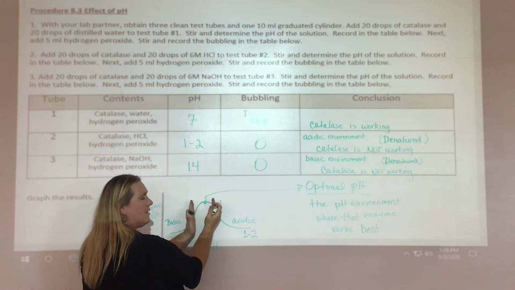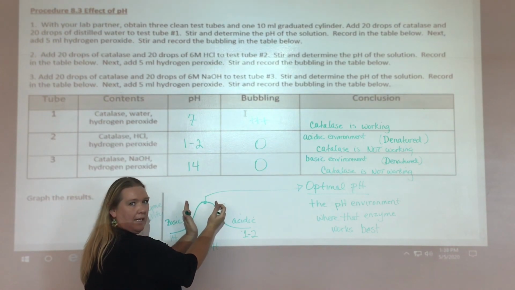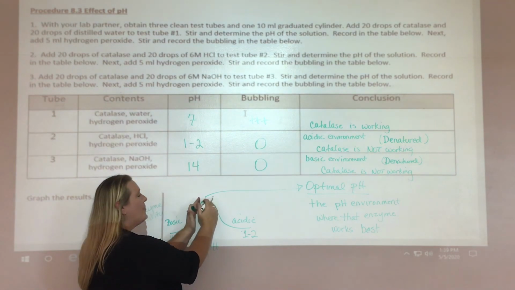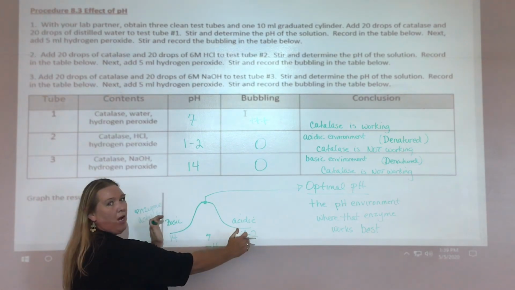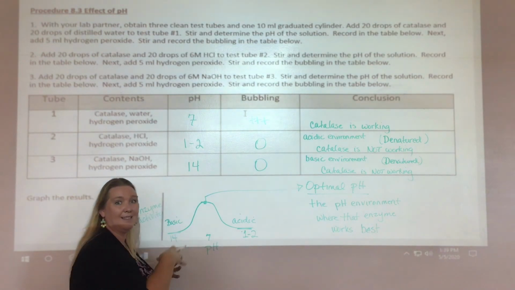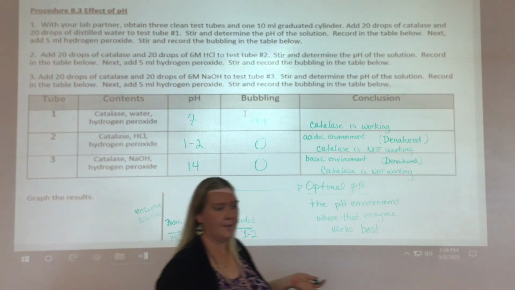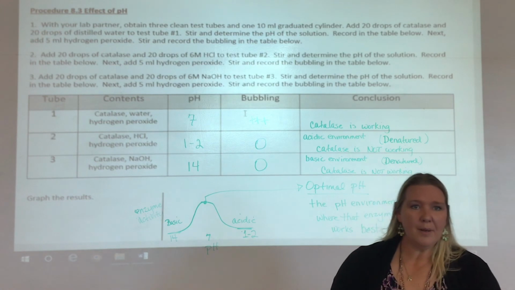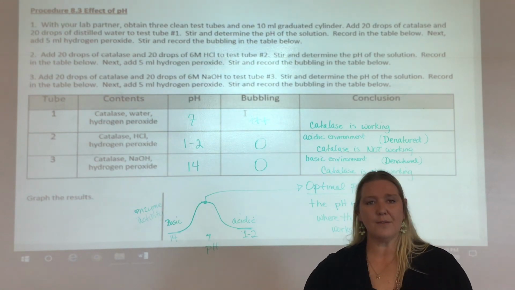And then maybe there's a little bit of a buffer on each side where it can still work, but then dramatically will taper off until it does not work at all, and it does not work at all because it's been denatured on both ends. Okay, so that is our lab for today on enzymes. If you have any questions,